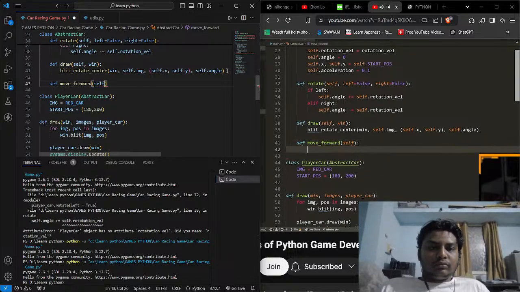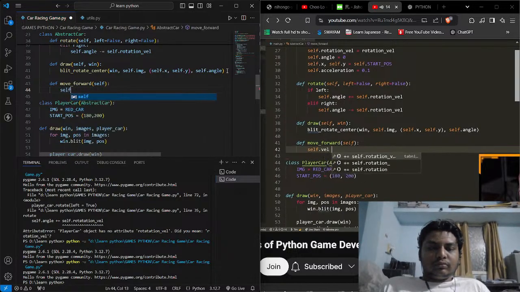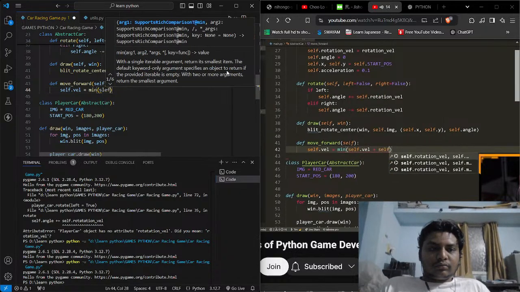Now, all this is going to do is increase the velocity of my car based on the acceleration, and if I'm already at the maximum velocity, it just won't do anything, but it will move me forward. So inside of here, I'm going to say self.vel is equal to, I guess this is going to be the minimum of self.vel plus self.acceleration